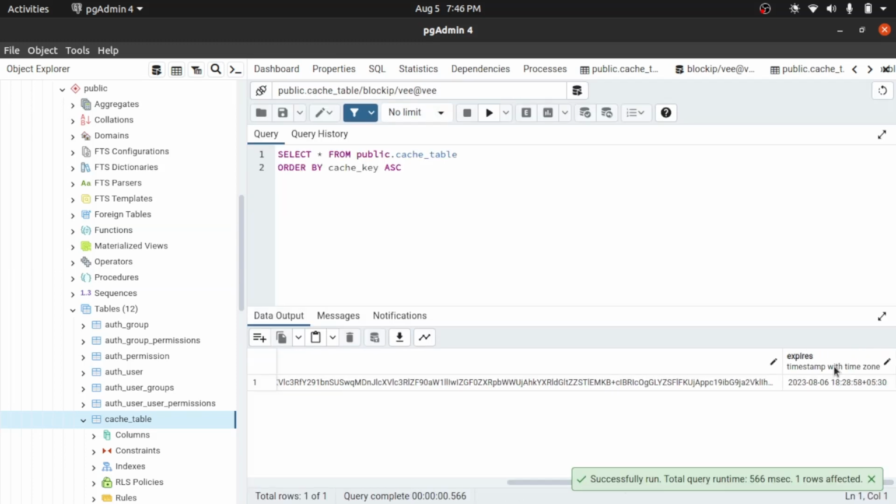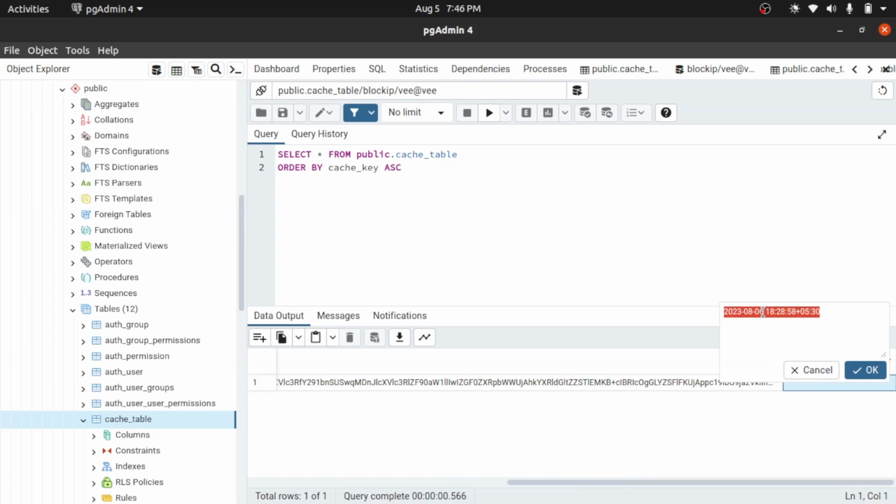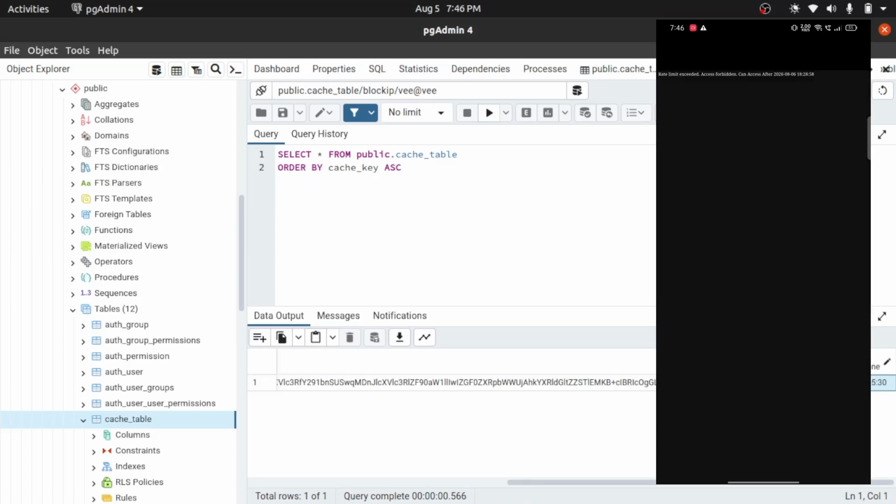So I refreshed, and I will go to the expire field, and I will move it to 2026, and I save the data, and if I refresh it now, it is saying you can access after 2026. So this is how we can block a specific IP address